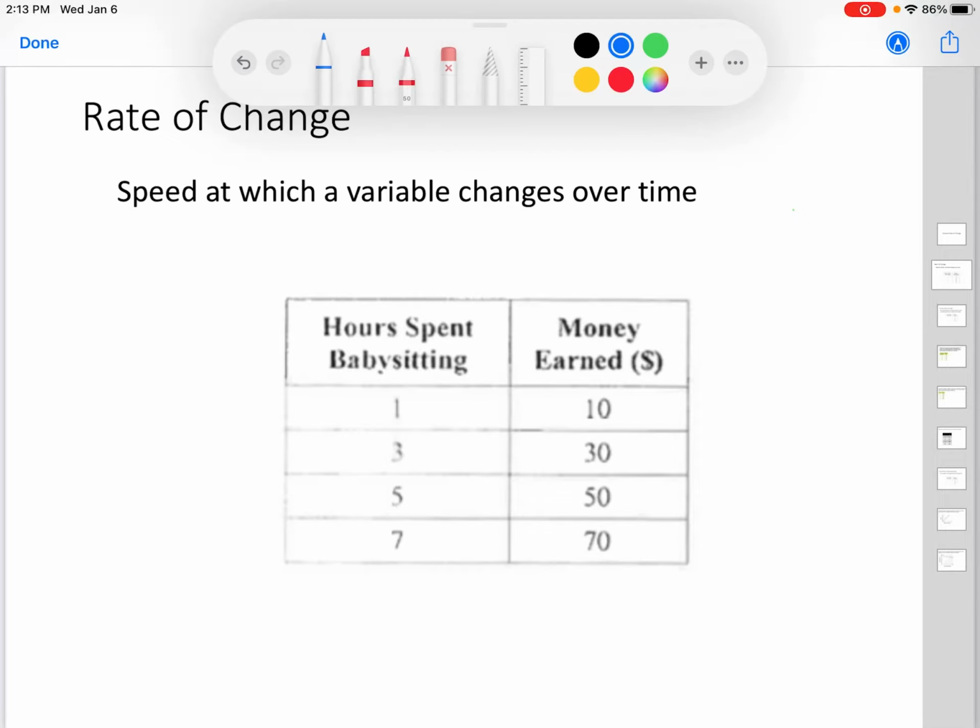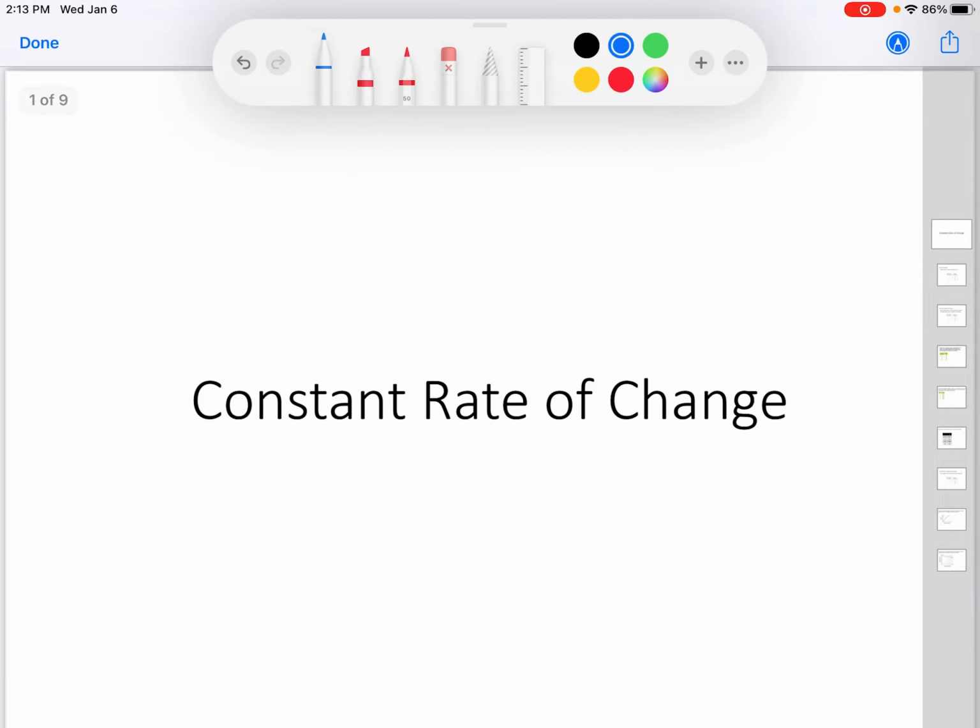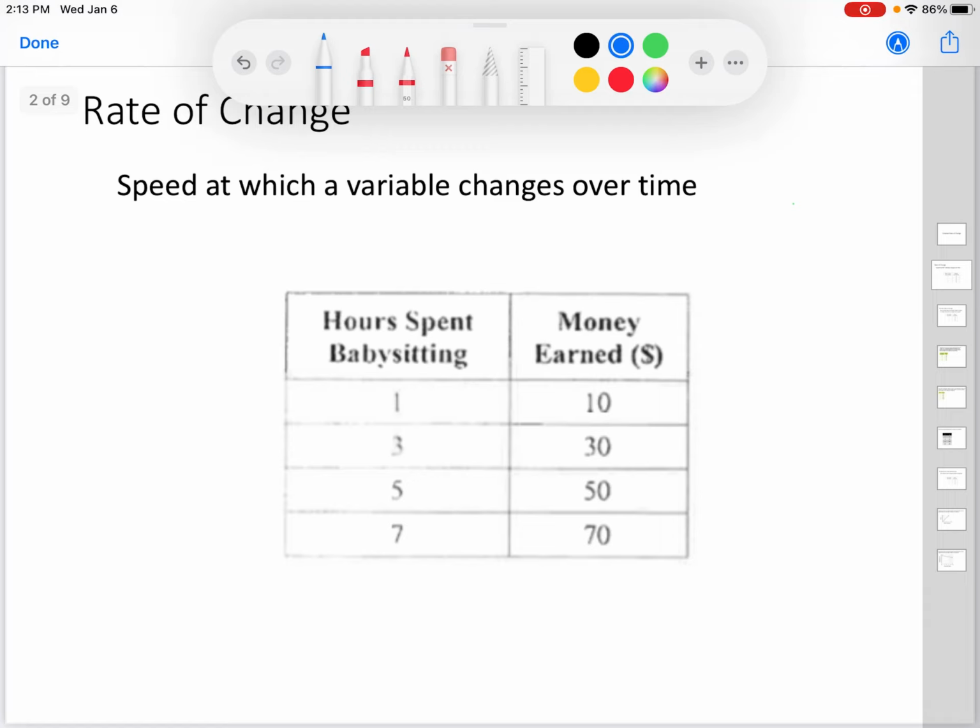All right. So today we're talking constant rate of change. Before we can talk constant rate of change, we have to talk regular rate of change. So what rate of change is, it's the speed at which a variable changes over time, or at which variables change over time. So essentially, what this is saying is how much is each variable changing and how that's related